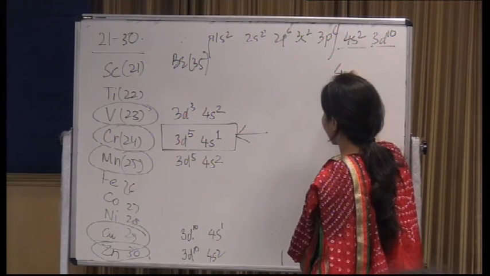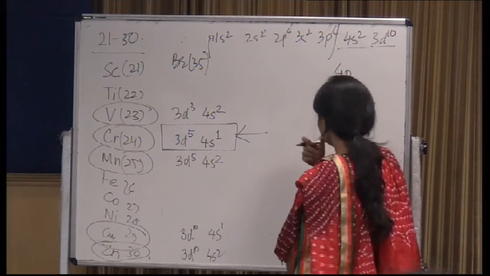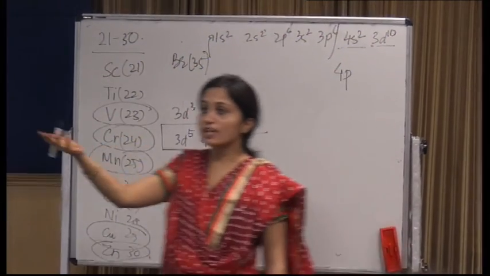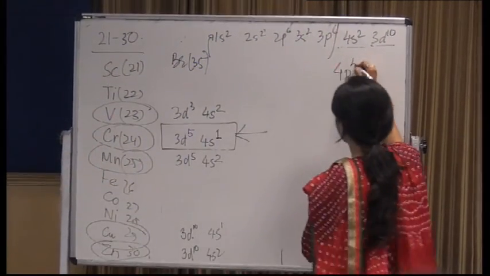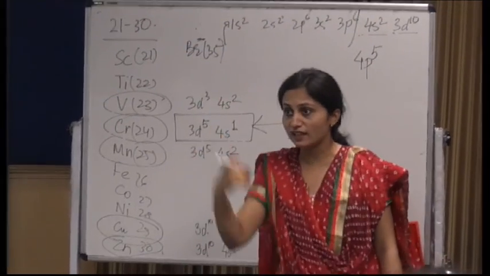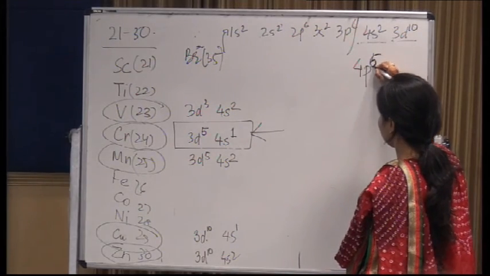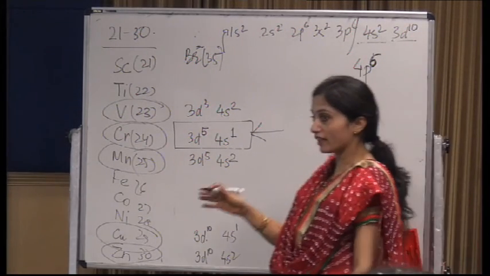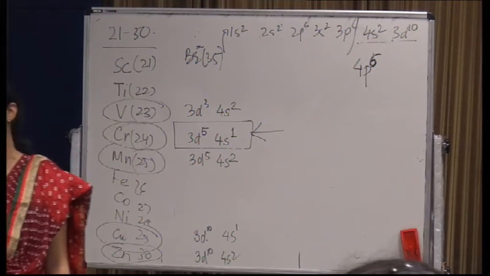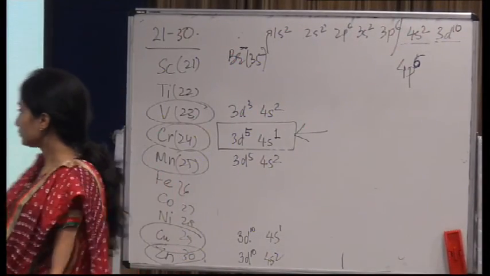Now it's the chance of 4p. Refer to your above table. 4p will have 5. Maximum electrons can be 6. So 5. Now do you have to give an electron or gain an electron? Minus means it's taking. So it will be 4p. So don't be in a hurry. You all know the concept. So give some brains to give the right answer. Okay. Then